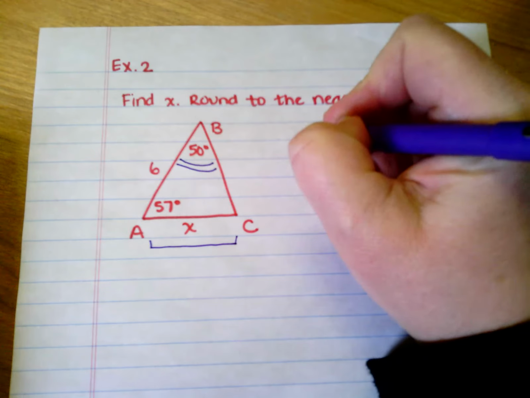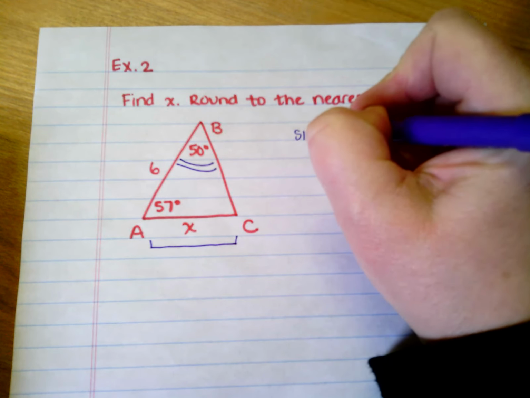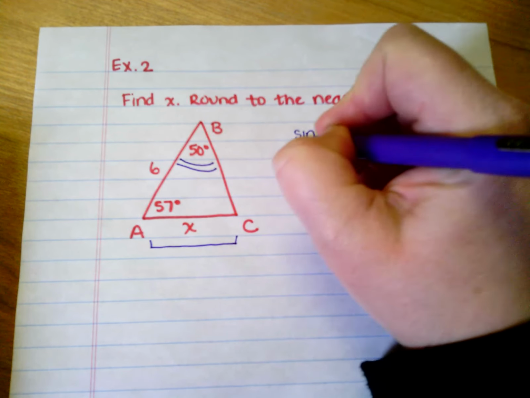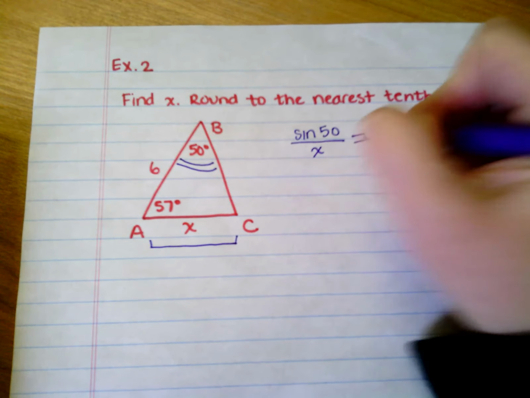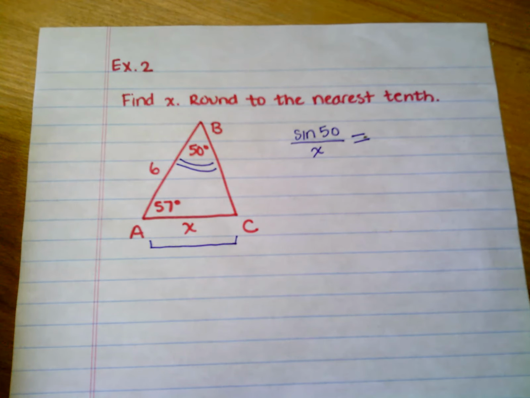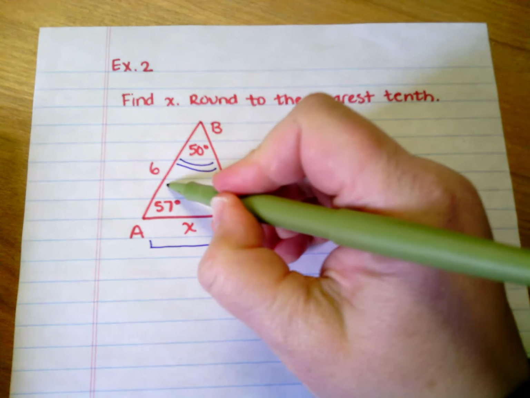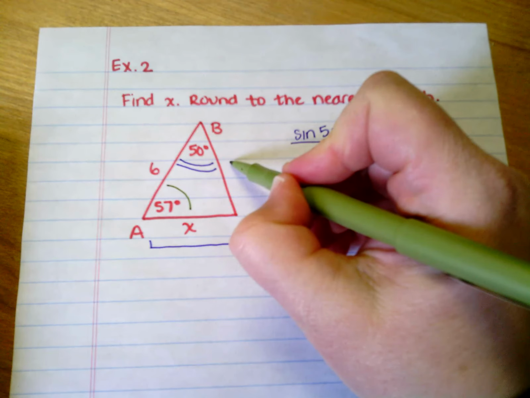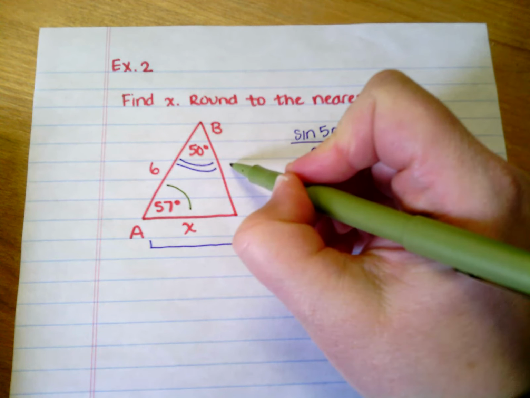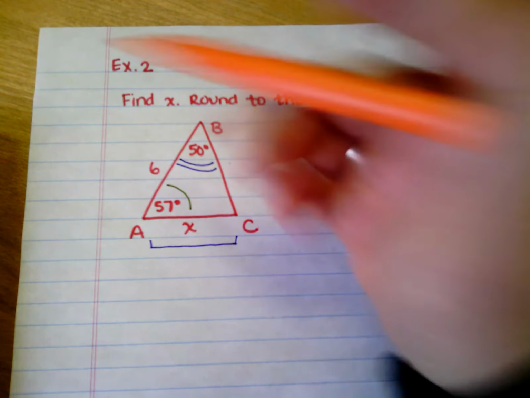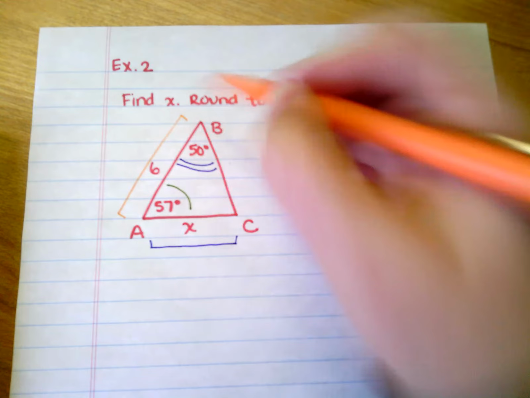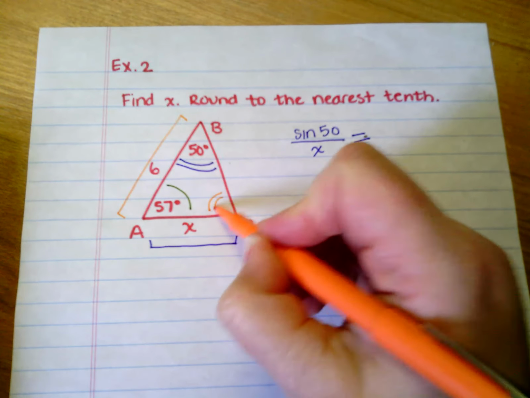So I'm going to do the sine of 50 over the side opposite equals, and now let's see if we have anything else that matches up. I've got this angle, but I don't have this side, nor do I need it, so I'm not going to worry about that. But I do have this side, so I'm going to use this angle over here,